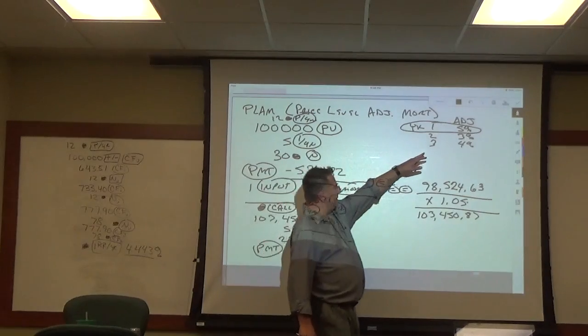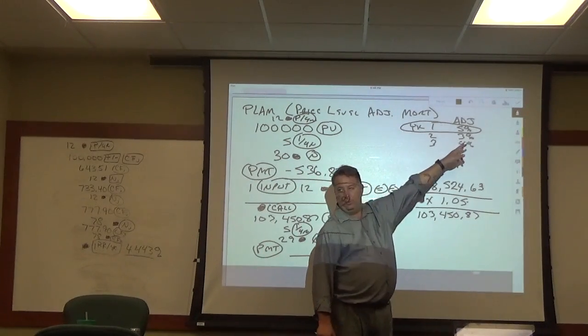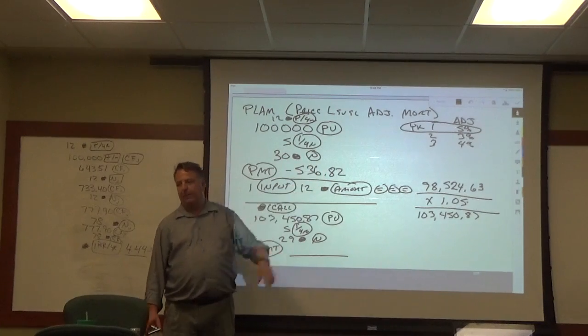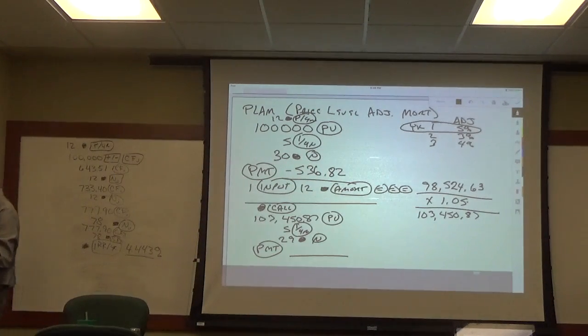This is the adjustment that we'll be making at the end of the year. We're going to multiply by... I probably shouldn't have used the same rate for the interest as I did for the adjustment. That was my fault, just for using the same thing. Okay, so 103,450.87